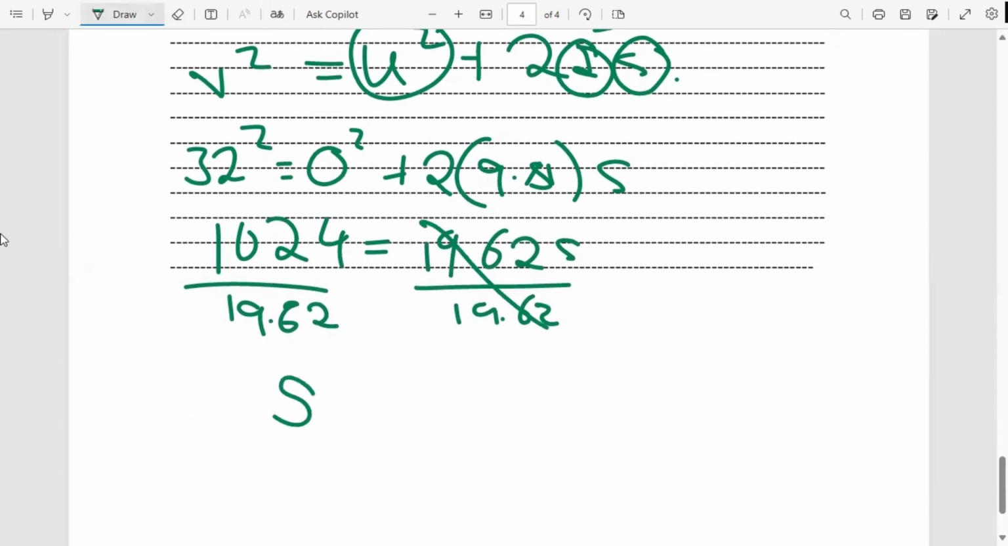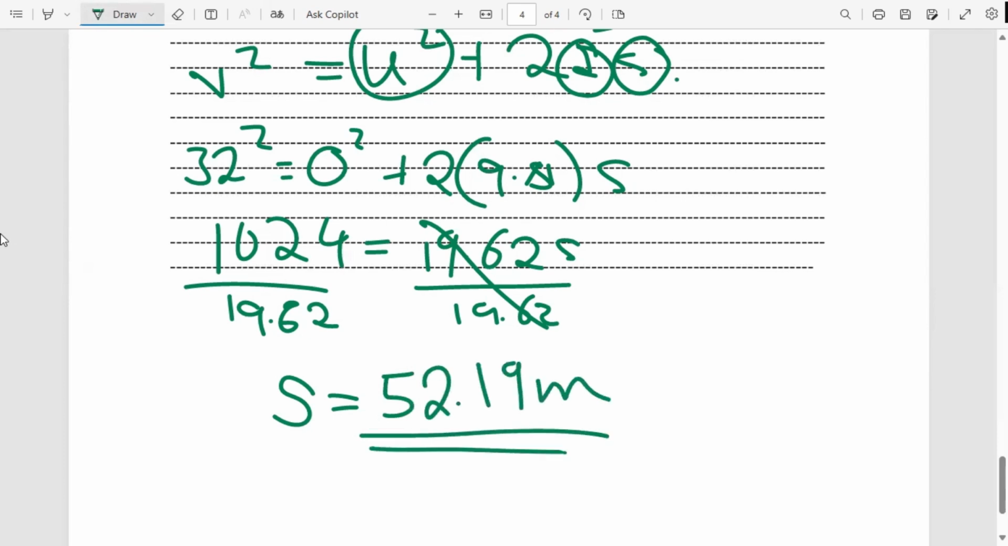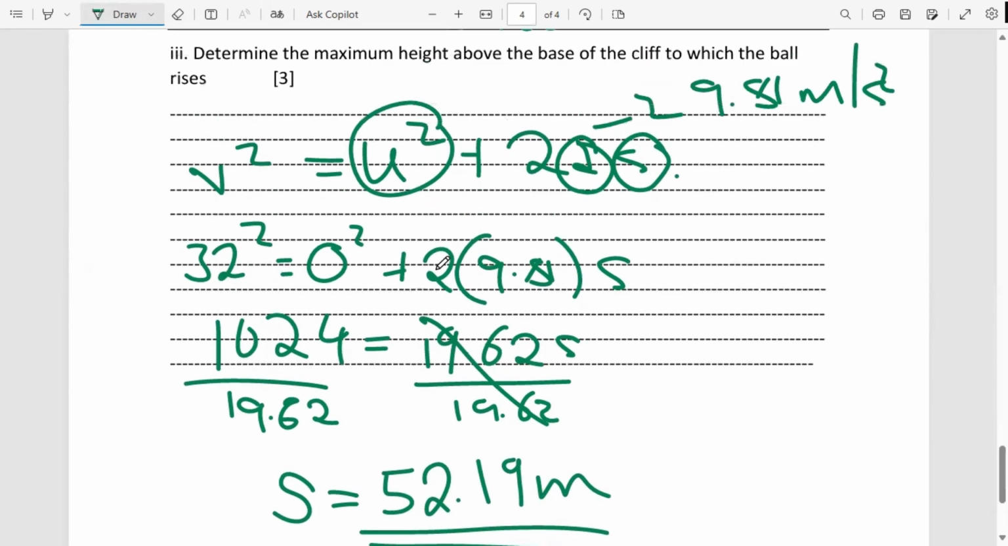And our displacement from the maximum height will be equal to 1024 divided by 19.62. And this is actually 52.19 meters. So that is the maximum height that the ball reaches from the bottom of the cliff, or from the level ground. And that, ladies and gentlemen, was